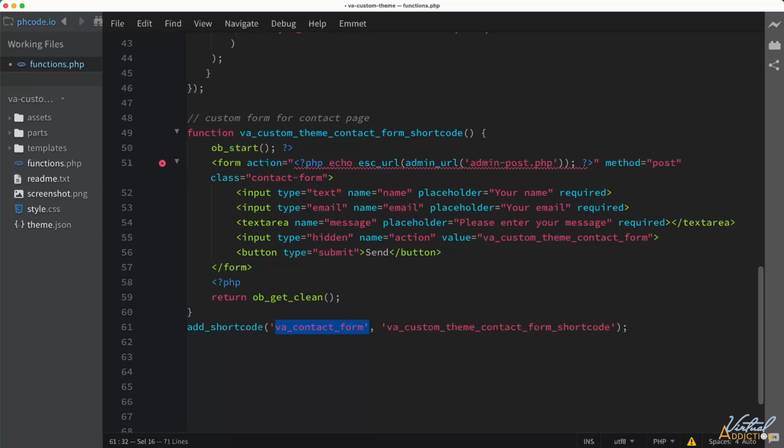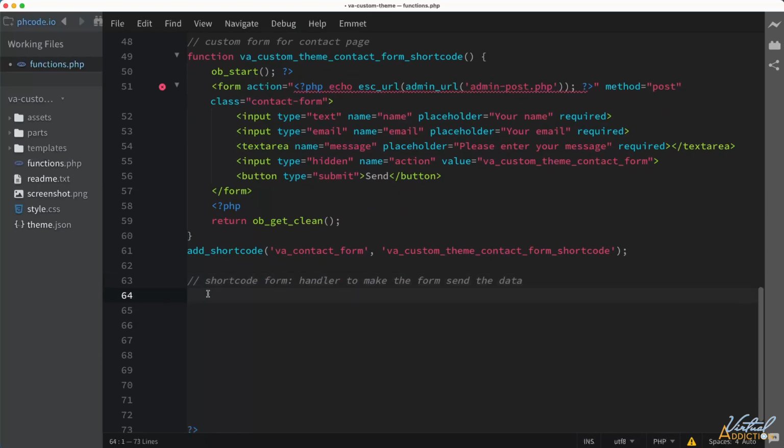The next step is to make the form actually send an email or save data. In order to do this, we need a handler function. I'll make a new comment, and then I'm going to begin by creating a new function. I'll assign a name of va_custom_theme_handle_contact_form, and then I'll open and close my curly braces. All this does is define our new function, and this function will handle the logic when your contact form is